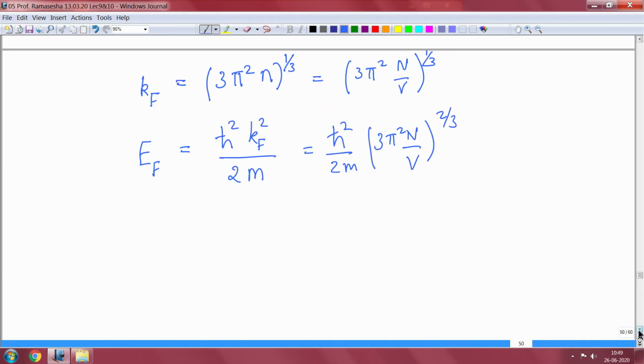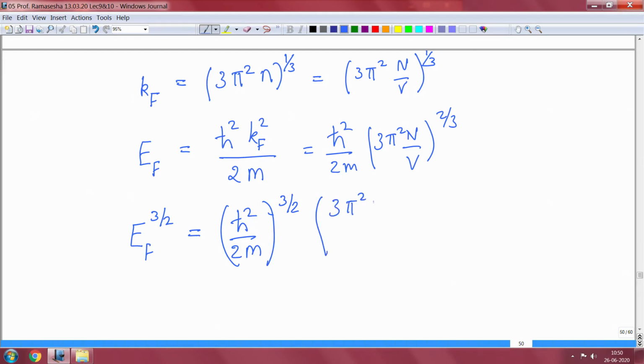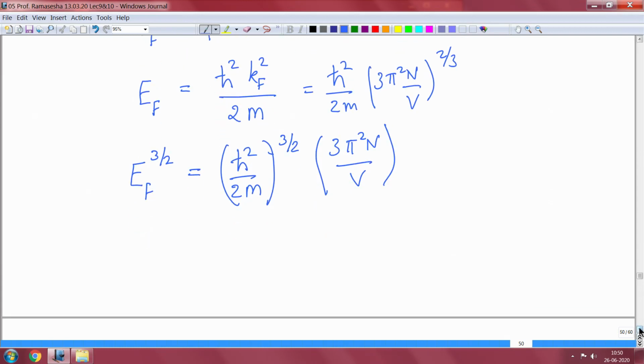Now, since we have an expression for Ef, I can write down Ef to the power 3 by 2, and I want to get an expression for the number n. Ef to the power 3 by 2 is equal to h cross squared by 2m to the power 3 by 2 into 3 pi squared n by V, or I can get the expression for n as equal to